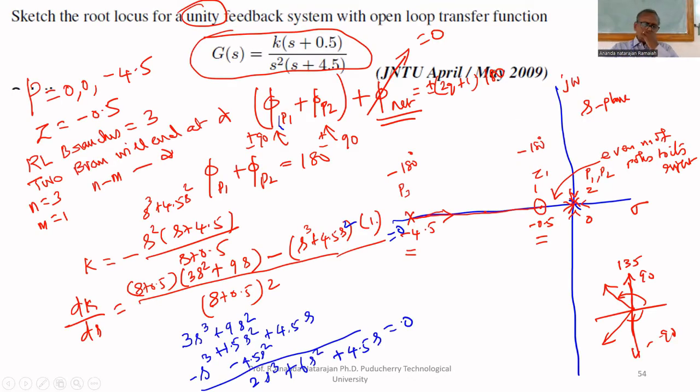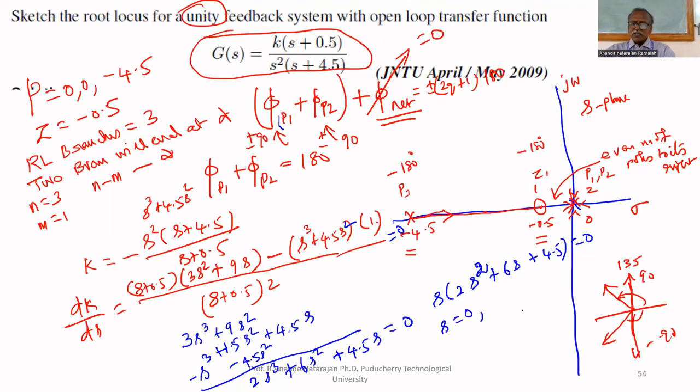Two s cube plus 6s square. Find the roots. You can take s outside. s multiplied by (2s square plus 6s plus 4.5) equal to 0. Find the roots. The roots are s equal to 0 and